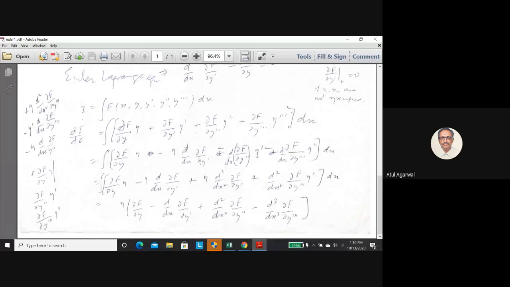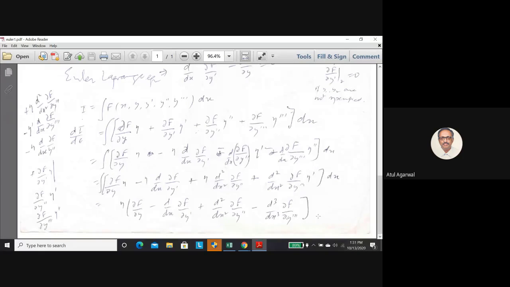This comes as such. So here again you see a term with a derivative of eta. You again do integration by parts, and you will shift the derivative to this side. You get a second derivative of this term. So you finally get this kind of an equation. So this is an integral. I have left out the integral here with dx.